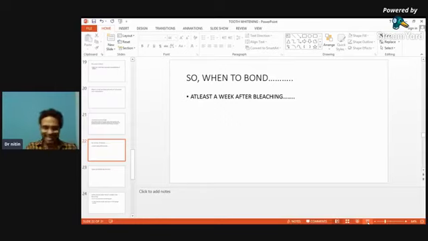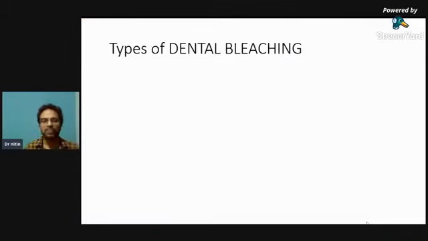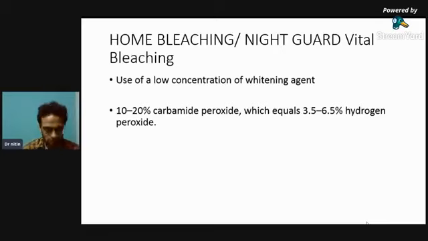So now this is clear. Now I think we are strong enough to proceed with the main part which you all are waiting, that is different types of bleaching. Dental bleaching जो है different types की है, vital bleach, non vital bleach, home bleach, in office bleach. ठीक है, today as we have discussed a lot of chemistry and all, we will be discussing the most simplest dental bleaching, that is home bleach.